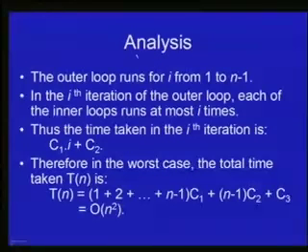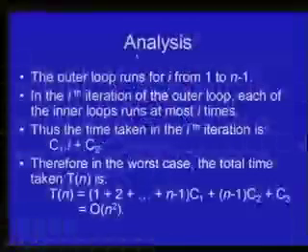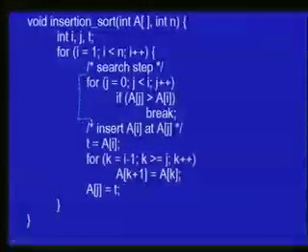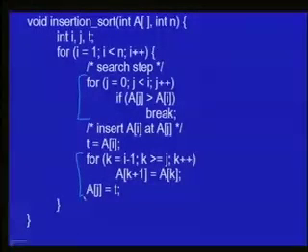Let's now analyze this algorithm to find its time complexity. The outer loop, as we know, runs for i from 1 to n minus 1, for all values of i from 1 to n minus 1. And let's look at one particular iteration of this outer loop. So let's look at the iteration for some particular value of i, that is the ith iteration of the outer loop. Now in the ith iteration of the outer loop, this loop as well as this loop will run at most i times, because